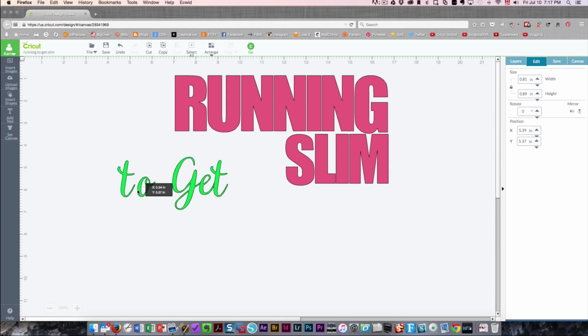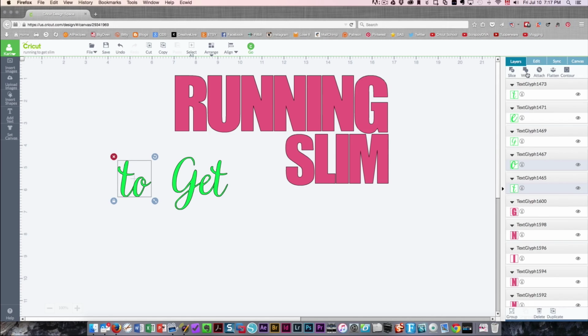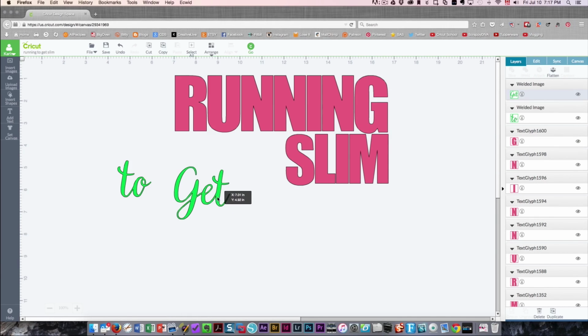And then I will also ungroup the letters in to get and move those closer together. And the same with the word to. I'll move that closer together. And then I'm going to weld to in the layers panel, and I will weld get. So now the only thing is this word,